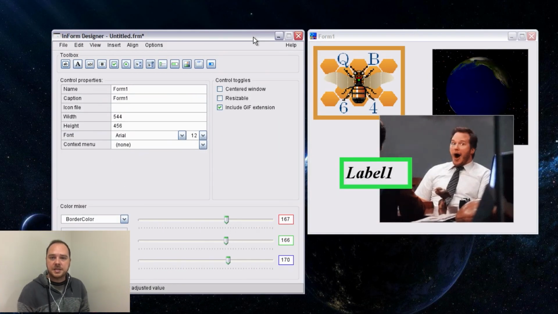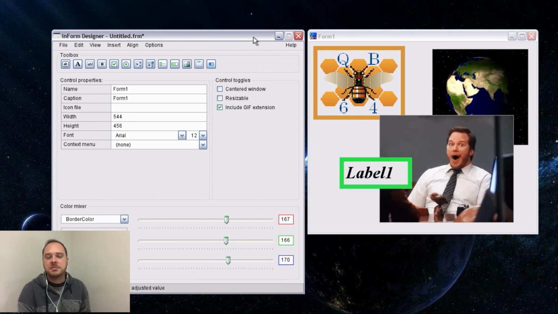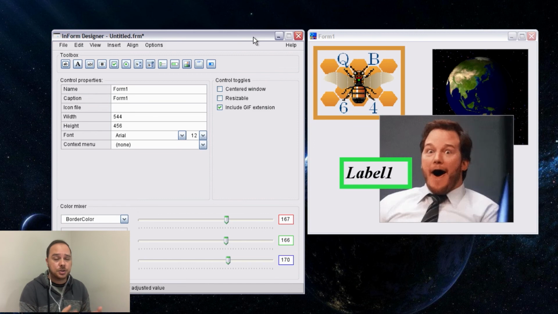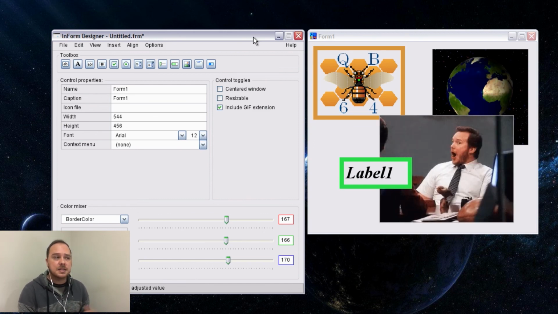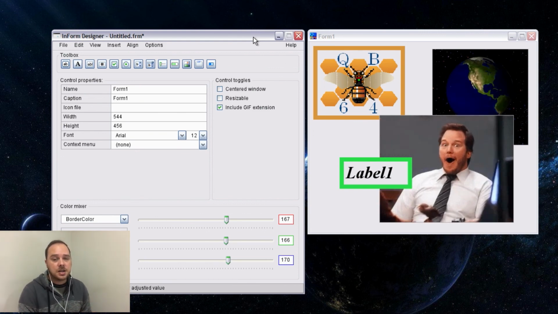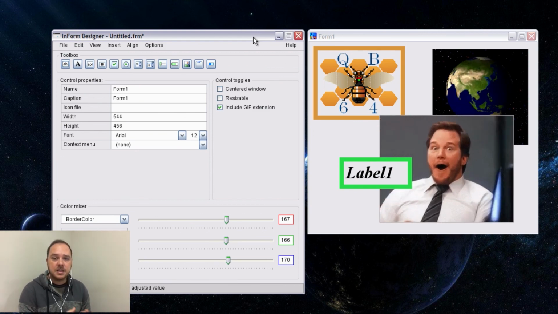Other than that, Beta 8 brings a lot of internal improvements. A few bugs have been fixed that you guys reported. And there's some new functionality internally too. I'm going to add all that to the wiki soon. Check the changelog and check our blog post at InForm at